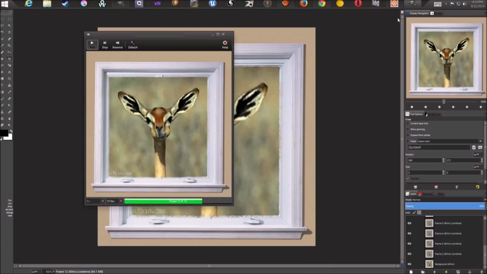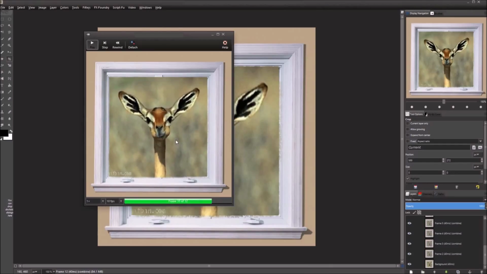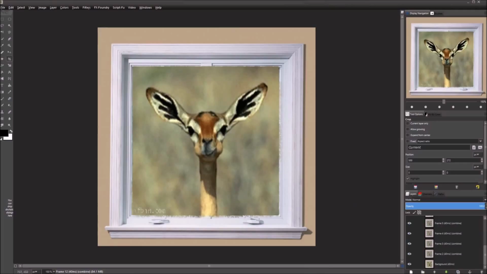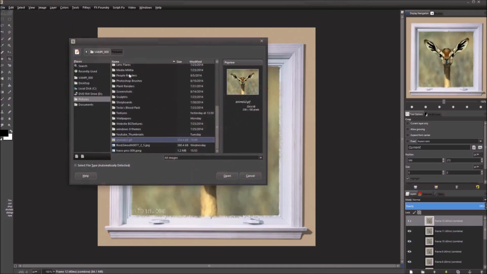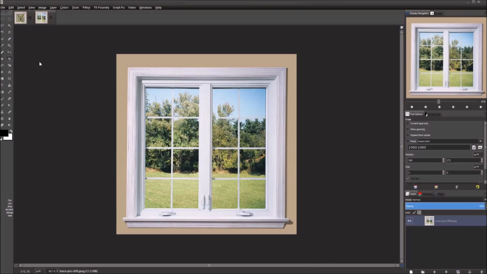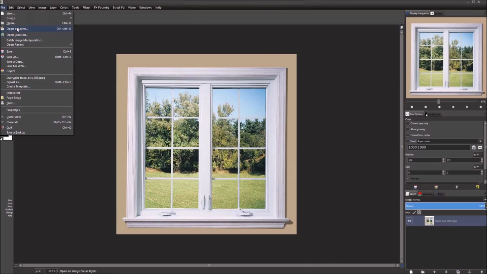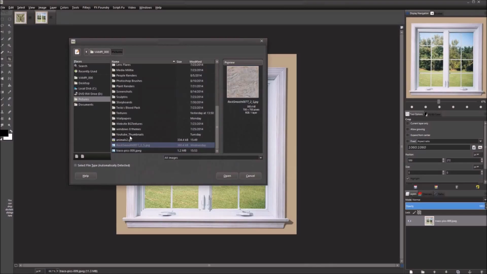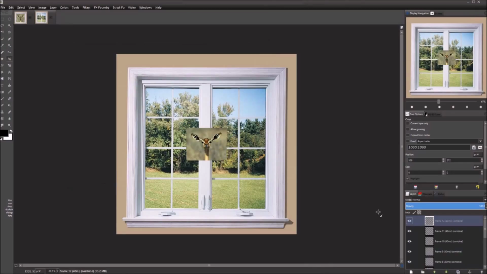There we go. And so today we're just going to do this, and we're going to add this deer into this window. And it's pretty simple. There's only 12 frames to work with and one image. So we're going to go to File and then Open, and we're going to open the background image first, and then we're going to go to File, Open as Layers, and we're going to open the GIF